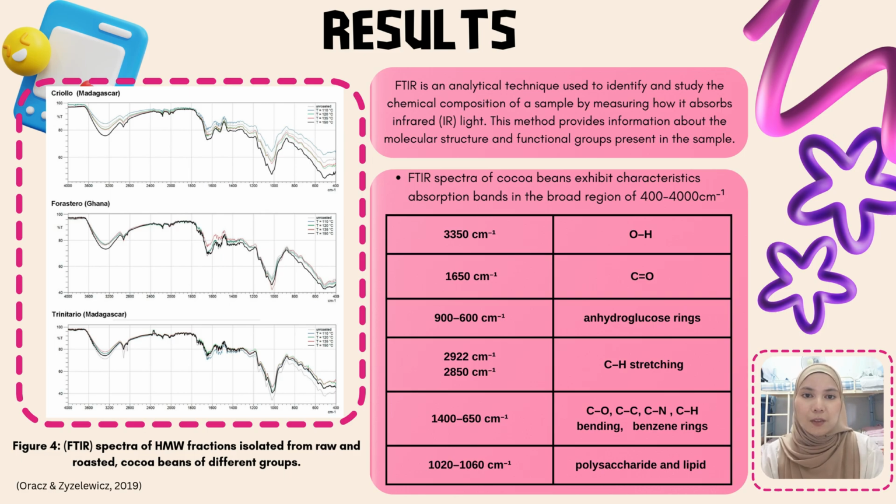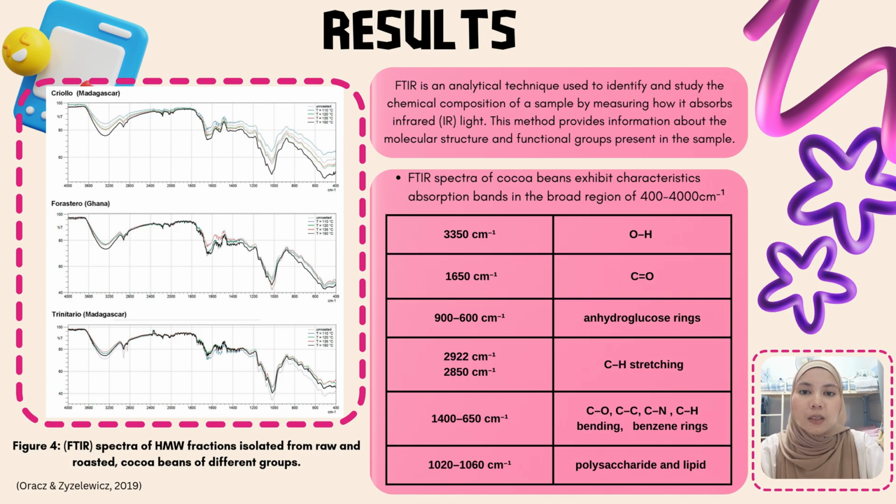Figure 4 shows FTIR spectra of the high molecular weight fraction isolated from raw and roasted cocoa beans of different groups. FTIR spectra of cocoa beans exhibit characteristic absorption bands in the broad region of 400 to 4000 inverse centimeter, at 3350 indicating the OH group, and at 1650 indicating the C=O group, at 900 to 600 related